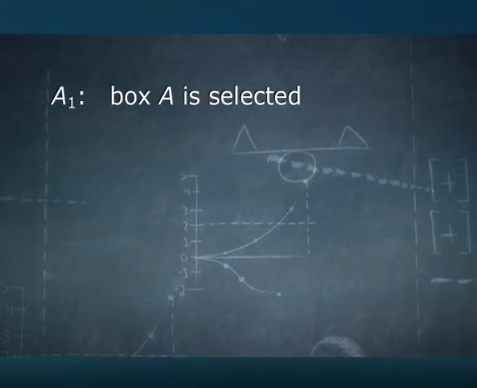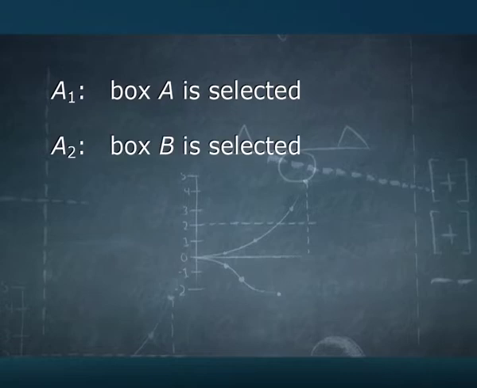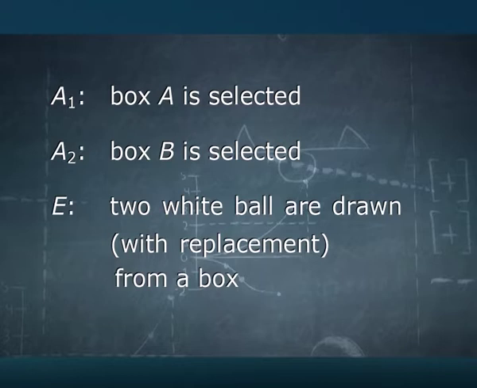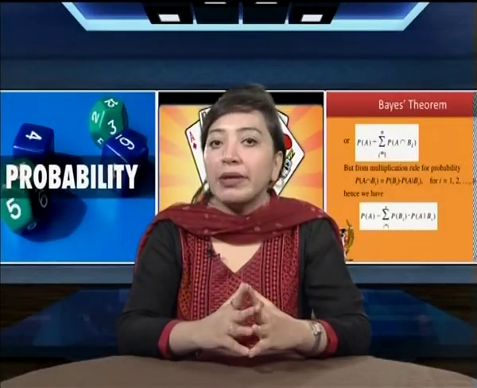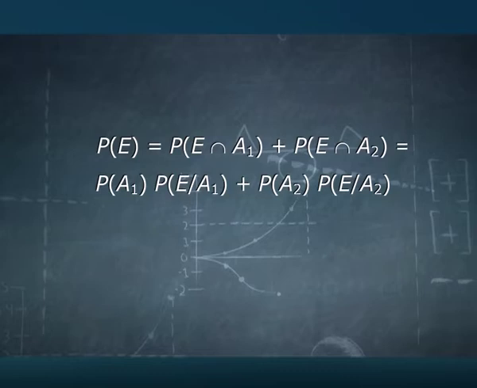Let's make A1 the event which says box A is selected. Let's make A2 the event which says box B is selected. And let's have an event E which says that 2 white balls are drawn with replacement from a box. We are interested in finding the probability of E. Clearly, the probability of E can be found by using the formula: probability of E intersection A1 plus probability of E intersection A2. So that is equal to probability of A1 times probability of E given A1 plus probability of A2 times